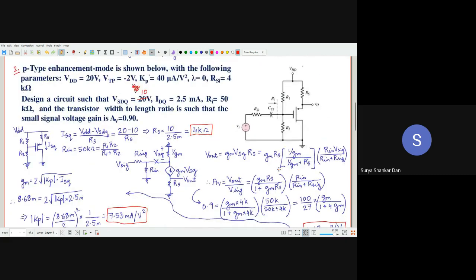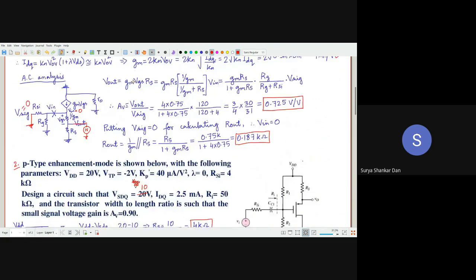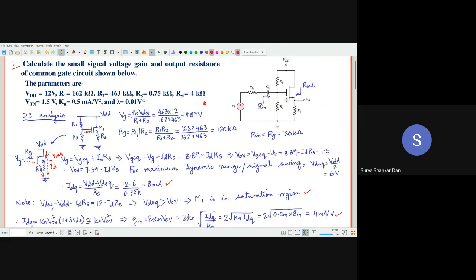Now we will go to problem number 2. Unlike the previous problem, this is essentially a PMOS, and the load is at the source side. Again, here it is a design problem, because earlier it was an analysis problem. In circuit analysis problems, we are essentially given the values of the resistances. So the circuit is provided in terms of the resistance, capacitance, all these values. The passive components of the circuit are already provided. Now you have to find out the current, voltage, amplification, and everything.